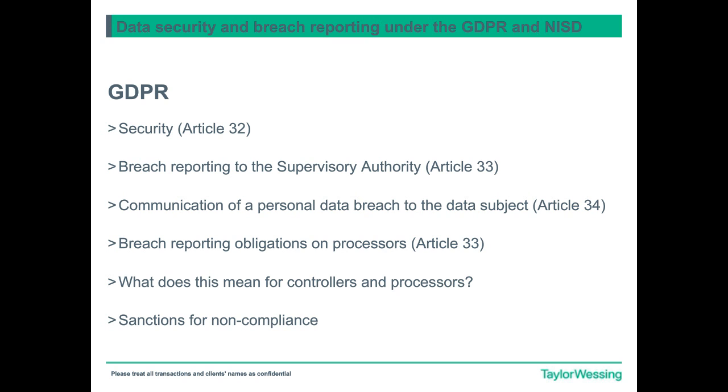Data processors are also subject to reporting obligations. They are required to notify their controllers of any personal data breach without undue delay. So what exactly does this mean for controllers and processors? Controllers will have been relieved to see that the data breach reporting requirements have become more realistic than those proposed